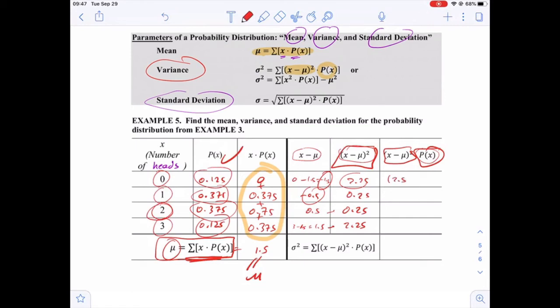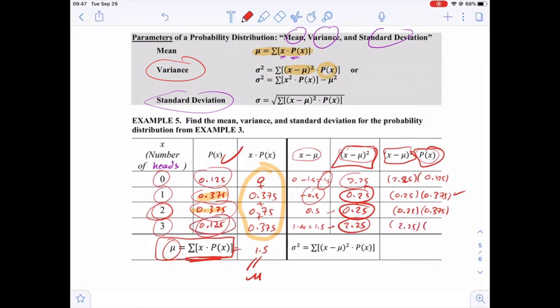We multiply 2.25 by, for example, the probability here, 0.125. We multiply this number 0.25 by the corresponding probability, which is 0.375. We multiply this number here 0.25 by the corresponding probability, same as in the above case, and here we have